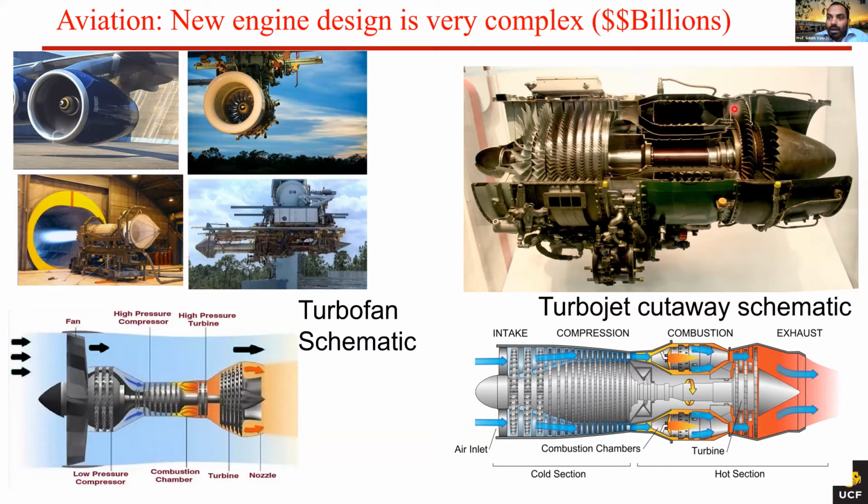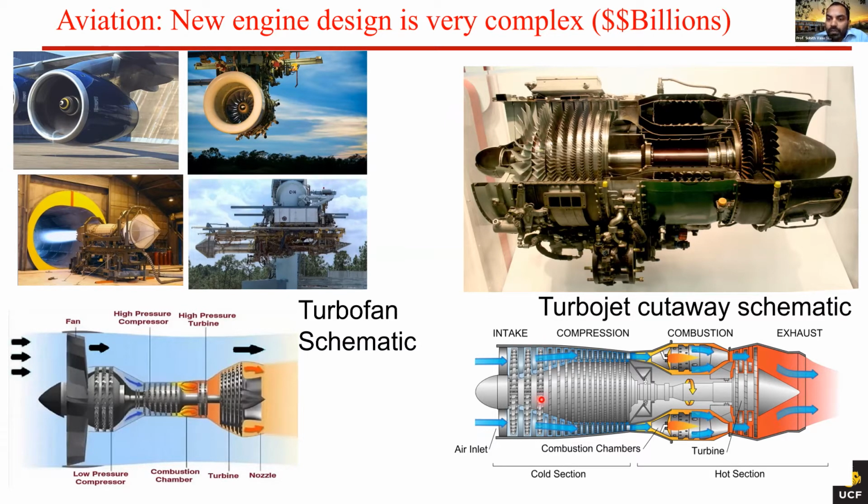Then part of that energy is extracted by the turbine to power the electricity, right? So you need avionics, and you need air conditioning and lighting and all of that. But most of the remaining hot gases are expanded through the nozzle to produce that forward power that we need